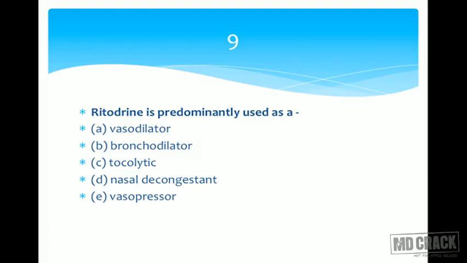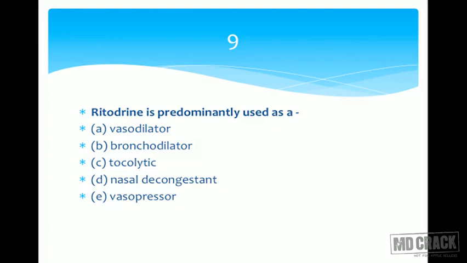Ritodrine, if you have heard it, this is most commonly used to prevent the premature labor. This is very commonly used. Now if you ask me it is from which class? You learnt it in autonomic nervous system, and there is selective beta agonist. For example, salbutamol, terbutaline, isoxsuprine, salmeterol, formoterol, and ritodrine. So it is here. Can it dilate the bronchus? Yes, it can dilate the bronchus because there is beta 2 receptor. So the action, the most common effect.